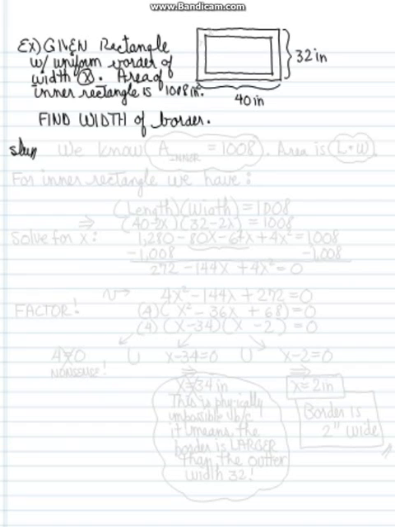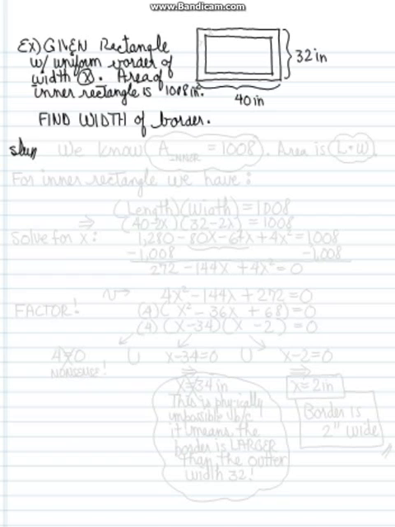Given a rectangle with a uniform border around it of width x. So I have a border drawn around this rectangle, and the thickness of that border on all sides is the thickness x, the width x. And given that the area of the inner rectangle, the smaller inner rectangle, is 1,008 inches squared, find the width